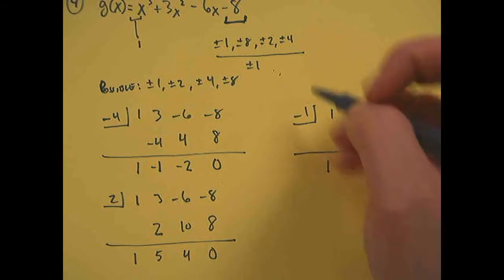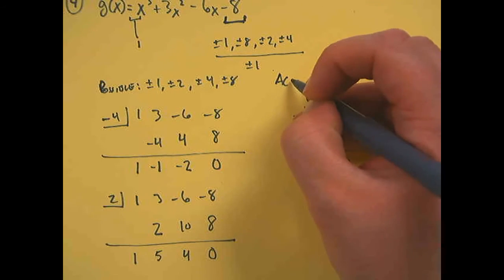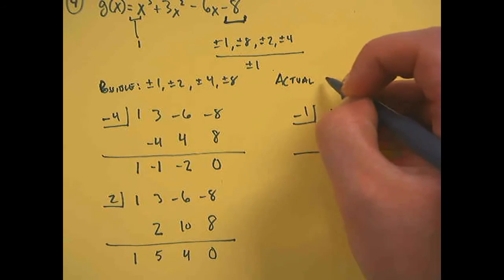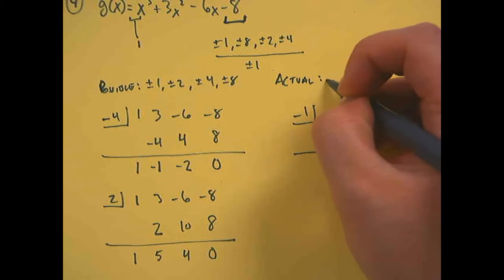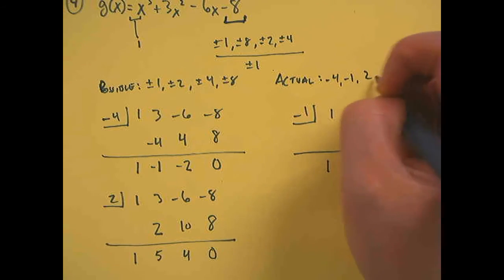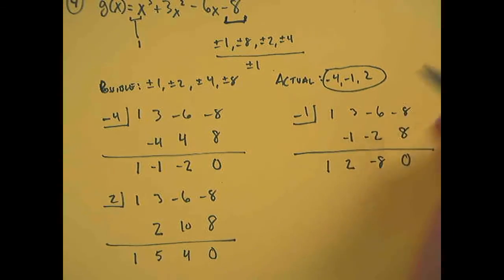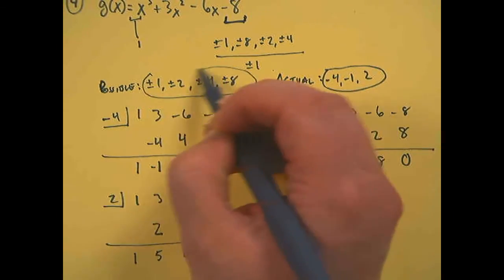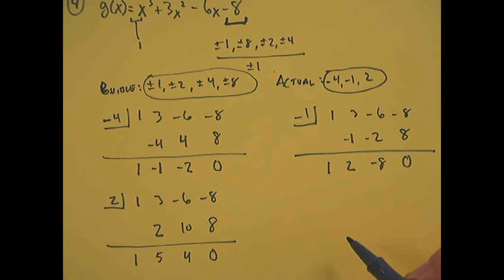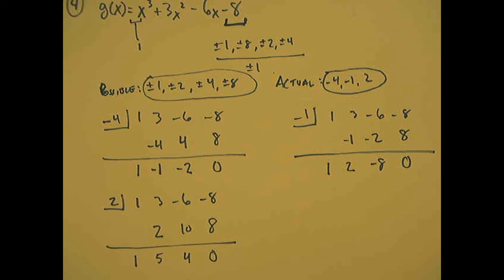Okay. So now we know that negative 4, 2, and negative 1 are all actual zeros. So for the actual zeros, we have negative 4, negative 1, and positive 2. So we need this as part of our answer, the actual zeros, and we also need the possible zeros as part of our answer. Okay, so